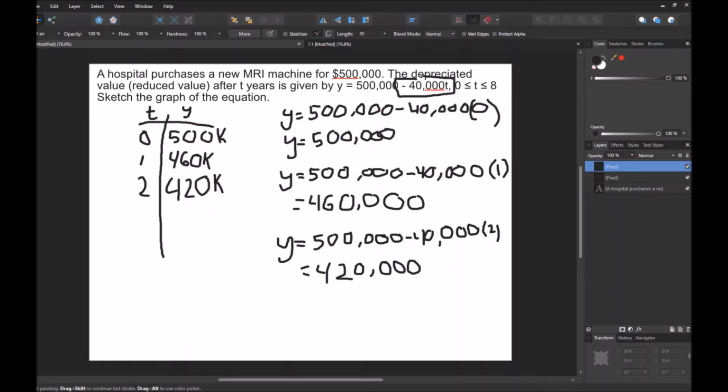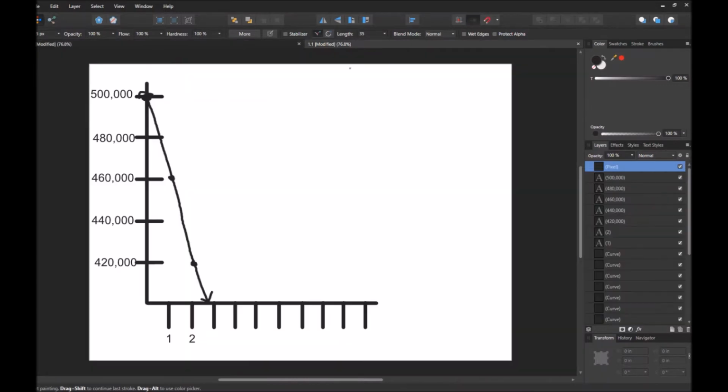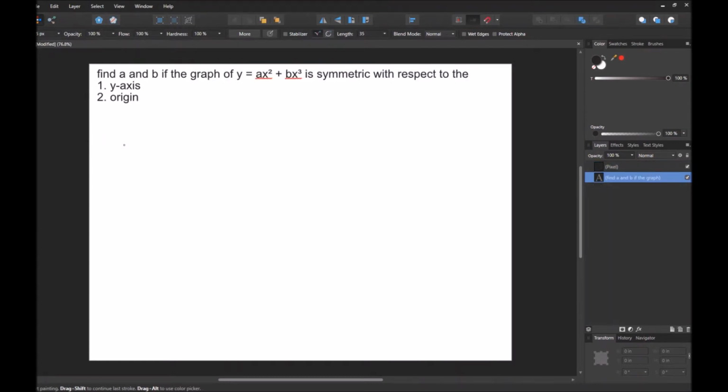term here has a negative in front of it, and this is really like our m and x over here if we're talking about a linear function. Our m is negative 40,000, meaning it's going to slope downwards, and we can see that indeed it does slope downwards. Alright, so this next problem is a two-parter, and it's one of those more abstract type of